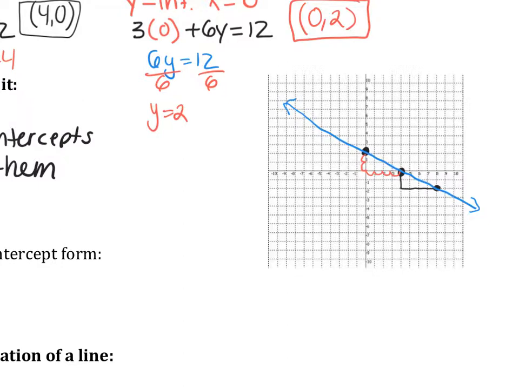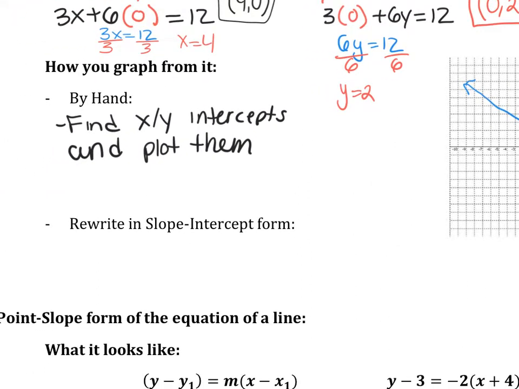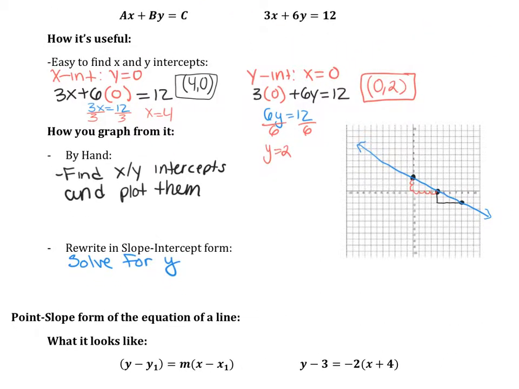Okay, so standard form you can't plug directly into your calculator because y is not by itself. However, if you prefer slope-intercept form and you want to be able to use your calculator, you can rewrite your equation in slope-intercept form. You do this by just solving for y. So this is like what we did last week when it was on our quiz. So if we had our equation from up above, 3x plus 6y equals 12,